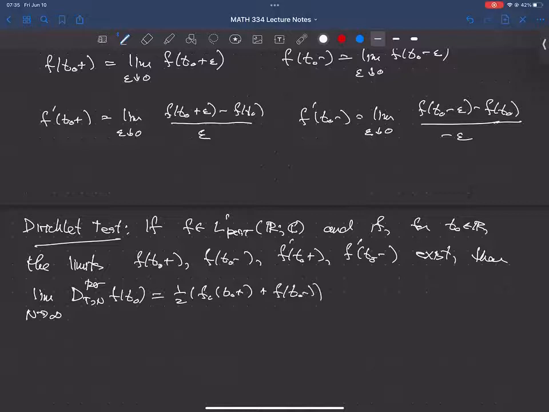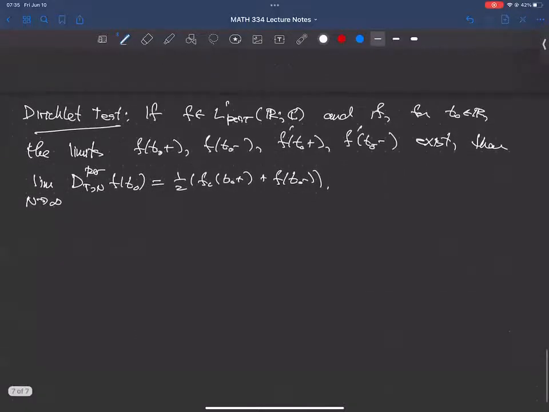Okay. All right, and so it turns out that Dirichlet's test is actually a consequence of Dini's test. Okay. And it's just sort of direct computations, changes of variable, and things of that nature. Okay, good. So let's look at some examples to illustrate how you use these tests and why these tests are